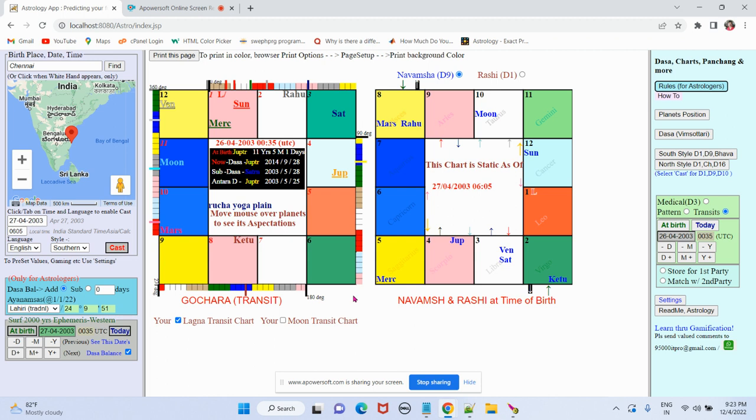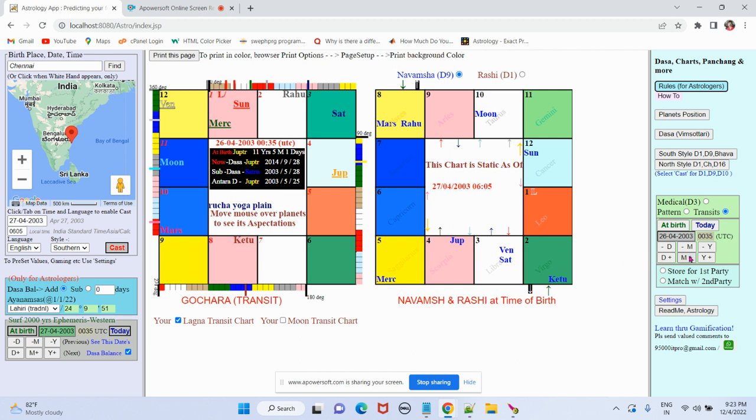In the Rashi chart, many softwares will calculate and show yoga. But here I'm trying to show a yoga in Gochara because I want to show how you can do various things using rules and algorithms. Yoga is just one. There are many other things you can see. Right now, we will just see the plain Ruchaka Yoga.